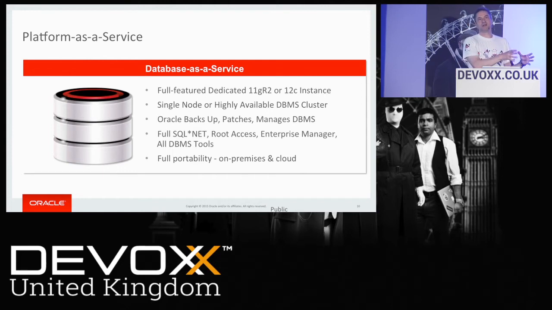You can decide how you want to deploy this. So do you want a single node, which is for lower loads and simpler kind of applications, or you can go all the way up to high availability clustering, so you've got failover, you've got the ability to do load balancing, you've got the ability to do very high scaling and that sort of thing.